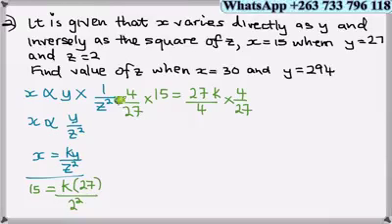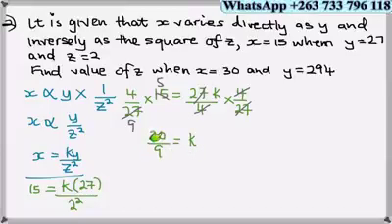So 4 times 15 here will be 60/27, or we can divide by 3. This is 5, this is 9. So our final answer here: k is equal to 20/9. So this is the value of k. Next step is to find the